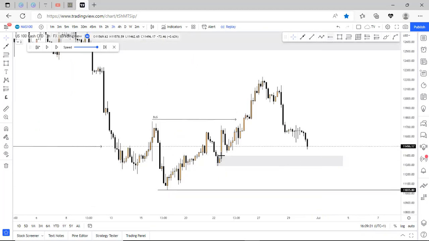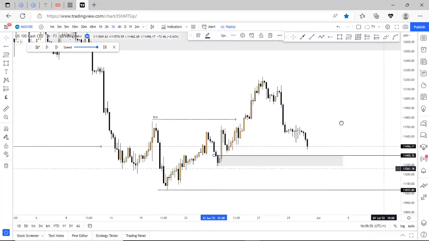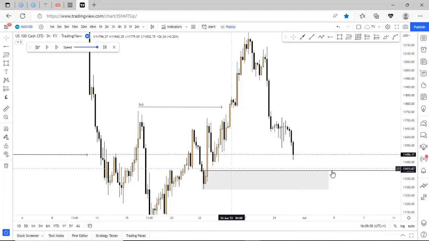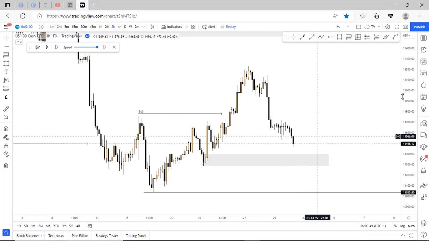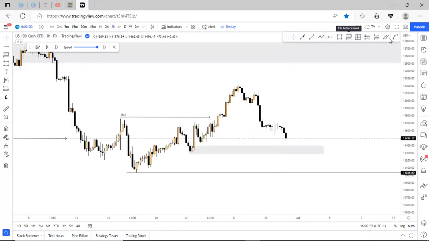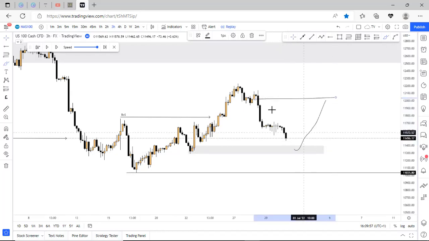Okay, so now that we are back testing, all we need to do now is set an alert right here. Okay, so in replay mode, you cannot set alert while backtesting, but we should assume we are in a live market. We'll set alert right here. So when market pushes down into this zone, we want to now see how we could have capitalized on this zone to look for buy trades to be able to make profits from this zone up to this zone as an intraday trader, or up to this zone, this daily demand zone, as a swing trader. Okay, so now that we've been able to identify